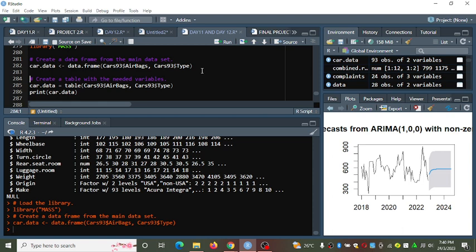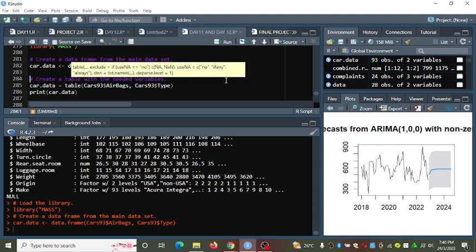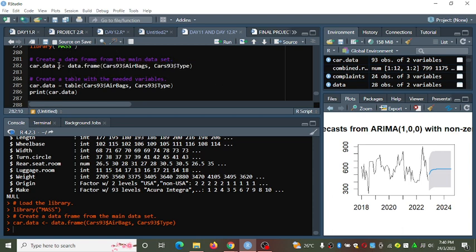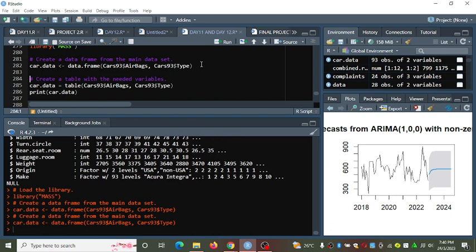Are we together? Then car.data is equal to the table of this part here. Let's perform the output here.